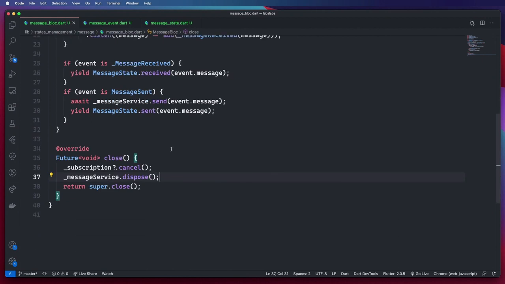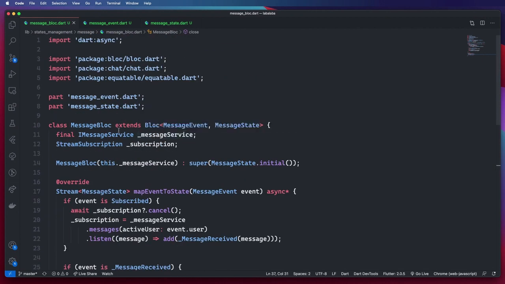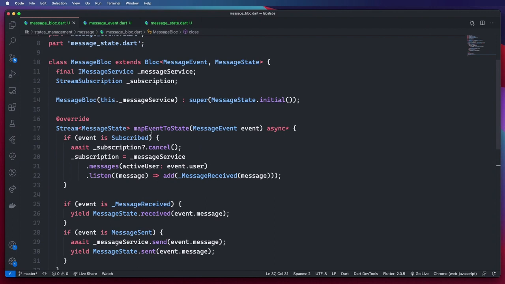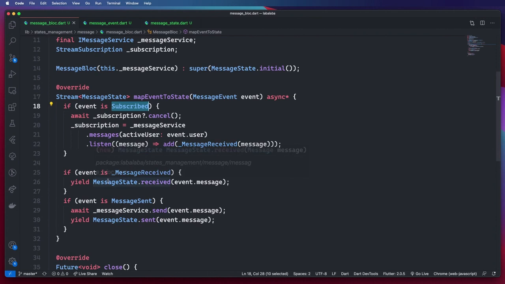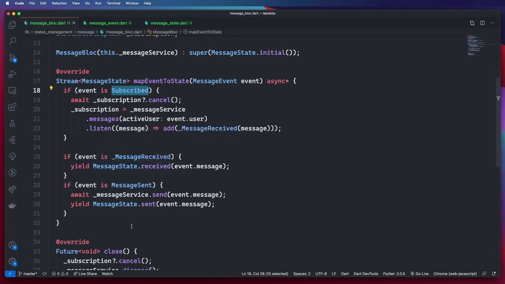So there we have our message block ready to receive messages subscribed with a particular user and ready to send